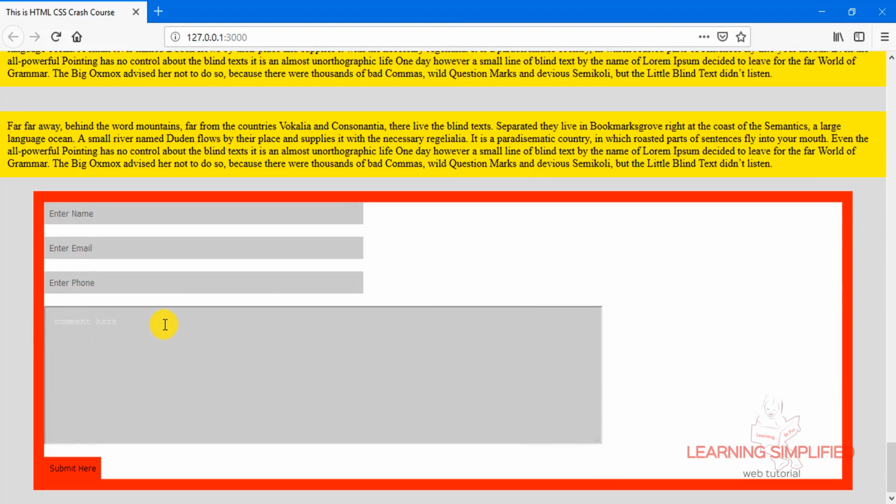So definitely we can change the color, we can change everything, every related property inside, and there shouldn't be any type of problem while styling our form field.